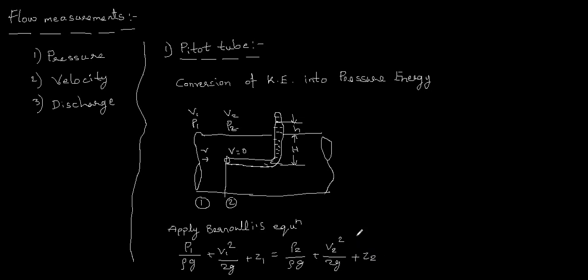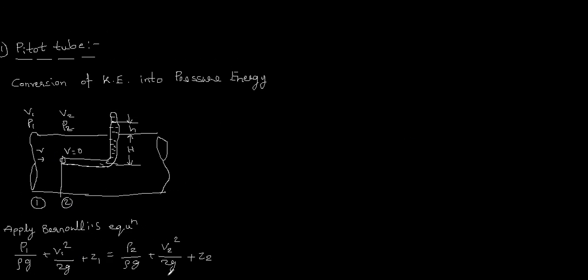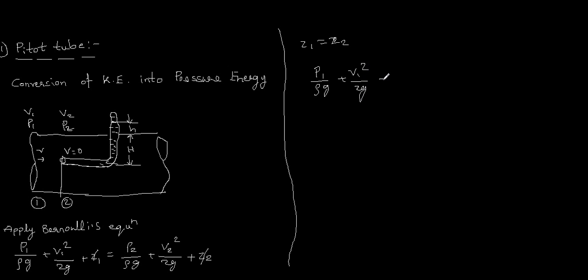Based upon the horizontal pipe, if you select any reference line, the height will be equal at the two sections. So here we can write Z1 is equal to Z2, due to the horizontal pipe. Automatically Z1 and Z2 will be cancelled. So now we can write P1 by rho g plus V1 square by 2g is equal to